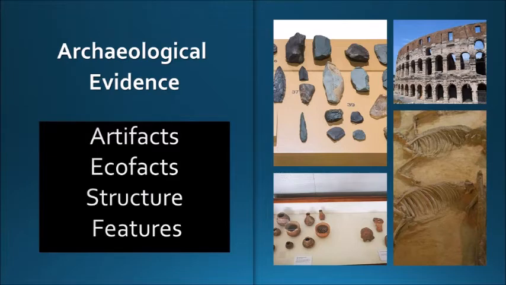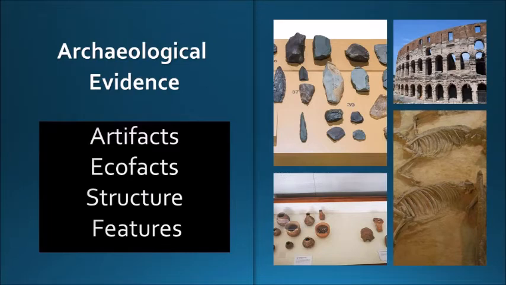Archaeologists place these data in three major categories. First, artifacts. Artifacts are portable data and include pots, utensils, plates, jars, and other ceramics, and tools and shells. And then we have ecofacts. Ecofacts are also portable data and include naturally organic or inorganic remains, for example, seeds, minerals, plants, and bones.